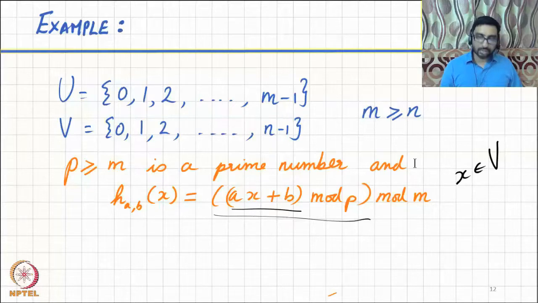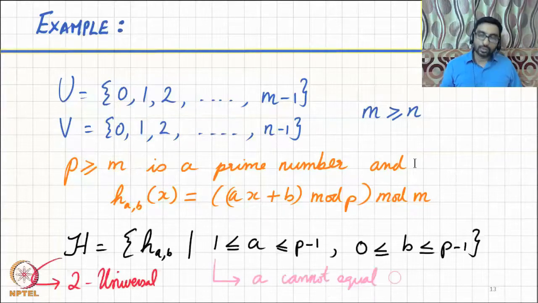But remember, we have parameters a and b. So by extending our choice of values for a and b, a ranging from 1 to p minus 1 and b ranging from 0 to p minus 1, we will get not just one hash function, but a family of hash functions. Okay, and this family of hash functions is a two universal family of hash functions. We're going to skip the proof, but it suffices for us to know that this is a two universal family of hash functions. And as you can obviously see, the construction is quite straightforward.